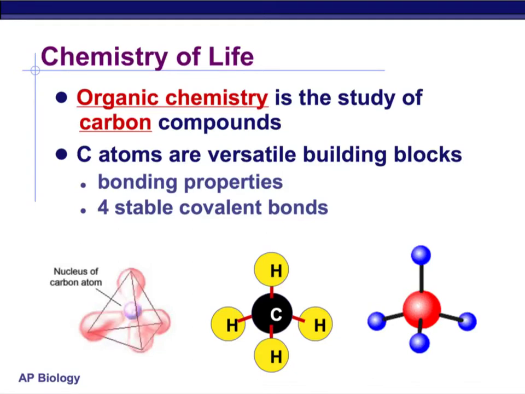The first of which being its bonding properties. The way it can connect and form bonds is unimaginable. You can't really get that in any other kind of atom. The other thing that you have to consider is the fact that it forms very, very stable covalent bonds. And when we're talking about building life, I would think that being stable and being strong would be two very important things on the list. So carbon kind of fits the criteria all the way around.